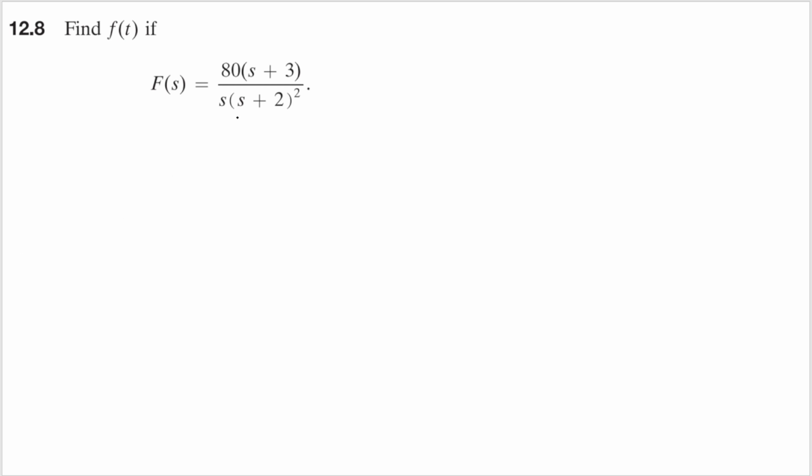Okay, let's see here. We have repeated roots here, so we can split this into partial fractions as usual. So we'll have F(s) equal to a constant A over s. Remember that this is only a single root. This one is a repeated root, so we will need to have B over s plus 2, and we will also have C over (s plus 2) squared. This is for repeated roots, s plus 2 and (s plus 2) squared.